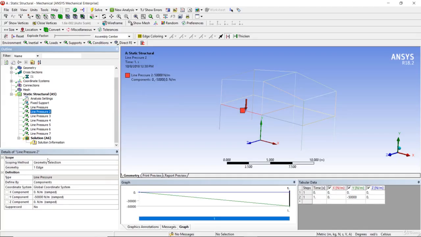line pressure, I'm going to select this particular edge, and in that I'm going to change the edge selection to this one instead of this one. So likewise I'm going to change the edge selection for every line pressure and select the other edge. So I'm going to just select this one, and